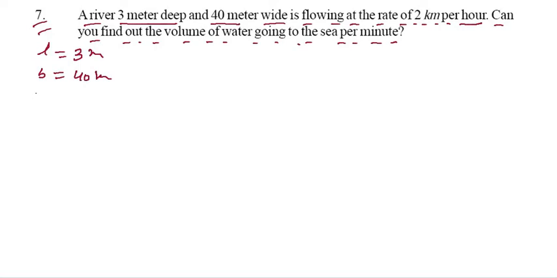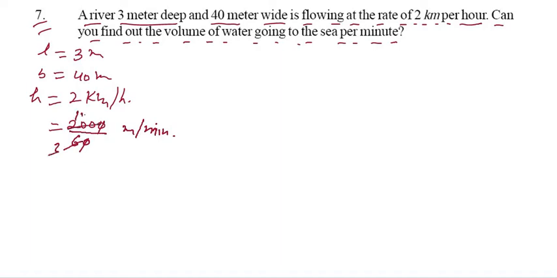And the speed, so you can say here speed, that means we can say H. H is 12 kilometer per hour. So we want to take it into per minute. So that is the 12000 meter, kilometer has been changed into meter, and divided by 60, that means it will be changed into meter per minute. So 0 will be cancelled out and 2 3 ja and 2 1 ja 2. So we can say it is 200 by 3 meter per minute.